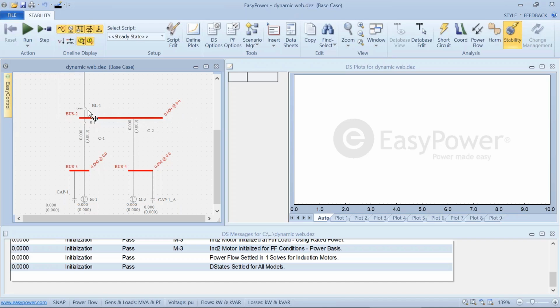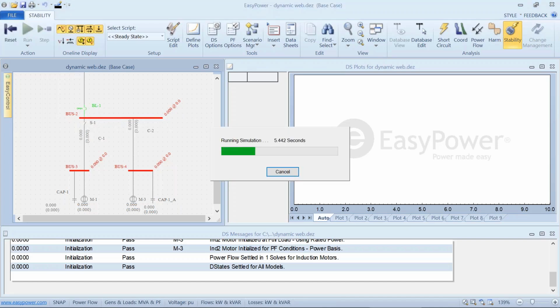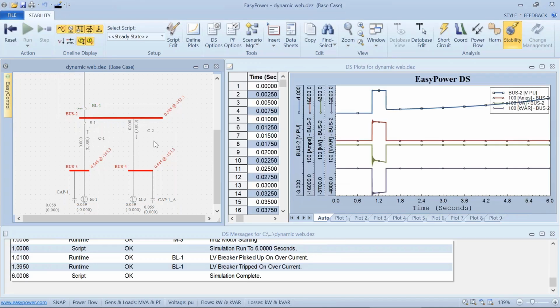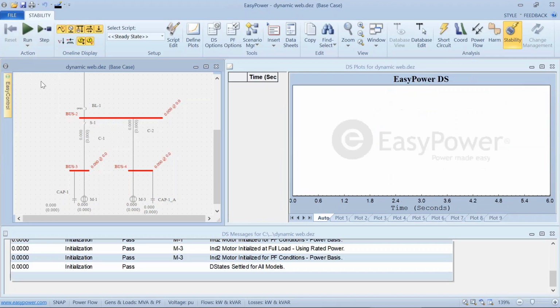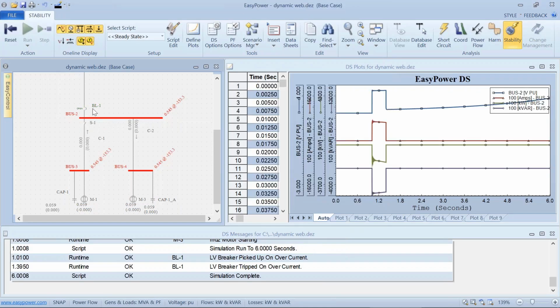So now as I click on this breaker, the tool knows that I'm looking for, I didn't want to do that. I want to open and close it. Let's try this again. I want to close this breaker to start the motor. And what we have is